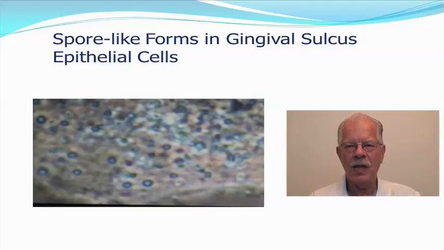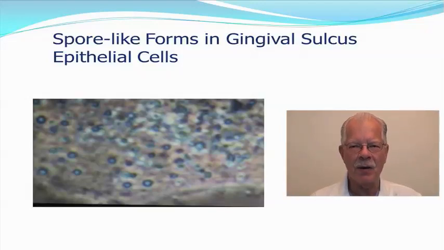There's research that shows that spirochetes can transit through epithelial cells, and research that the DNA of these spirochetes is found in these cells. But in studying these over the years, I've only seen one spirochete in an epithelial cell, while I see hundreds of slides with cells loaded with these spore-like forms. And I'm very convinced that these are spirochetal spore-like forms, but we don't know for certain because we haven't been able to do the DNA tests on these yet. But the monies are being raised right now to get this final step done in this research to verify that